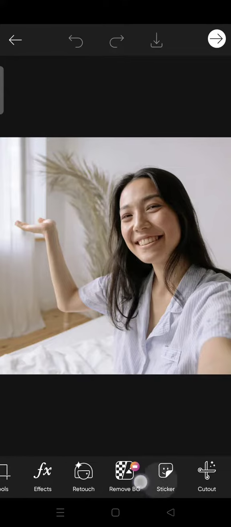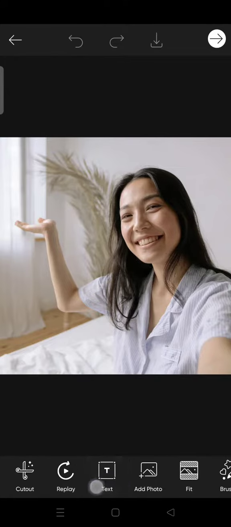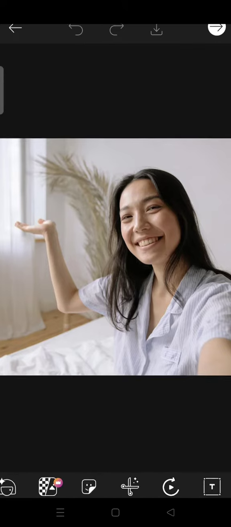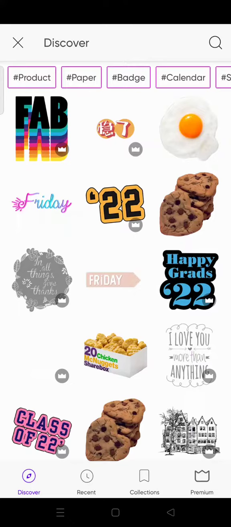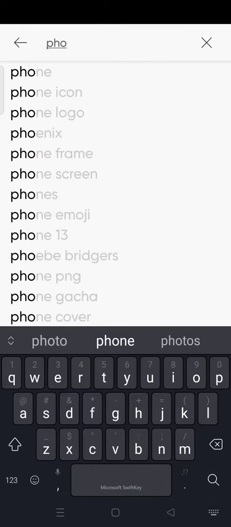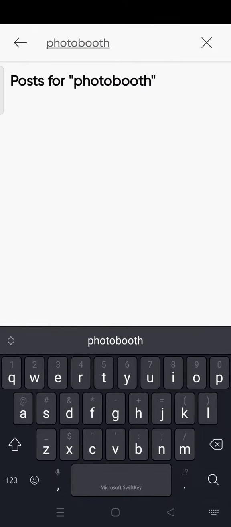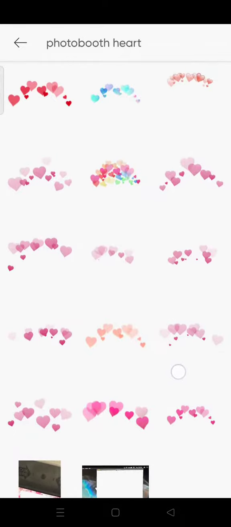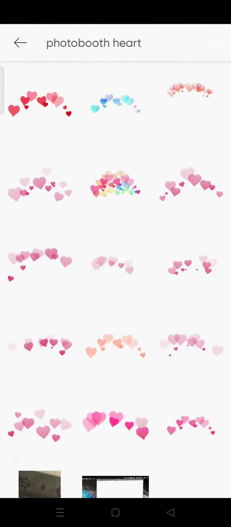So just swipe the menu at the bottom until you find the sticker menu and then click on that and search. Click on the search column and click on the keyword photo booth heart and then click on search, and then here you can choose the heart that you want to add to your photo. For example, I want to add this one,